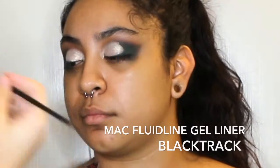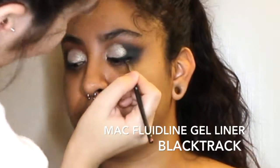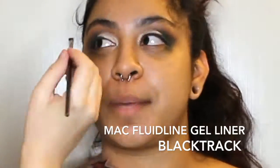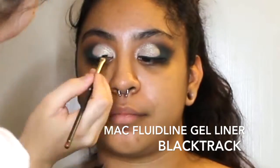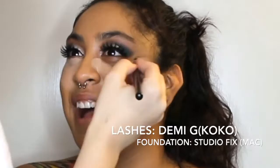For the liner, I'm just going to take Black Chalk and line the eyes slightly. I don't need a big thick liner, it's already pretty dramatic. I just want something to follow the lashes. The film is going to cut out, and I went ahead and put the lashes and just a thin coat of foundation on, and then I just got started with the